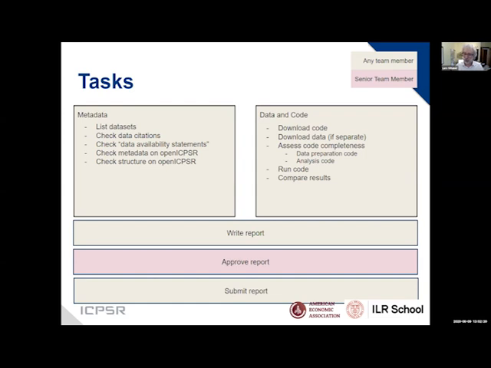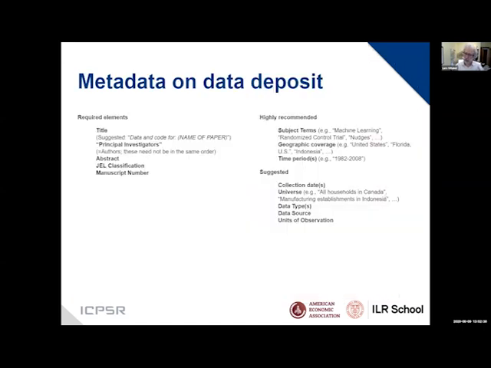The RA then writes a report. I review those reports and approve it, and then it's submitted back into the manuscript central system. That process can take anywhere from 5 hours to 3 weeks, depending on how complex these things might be. And there's a lot of things out there.